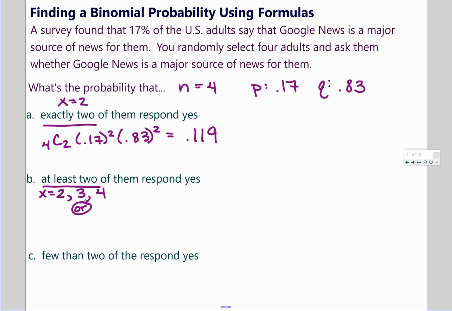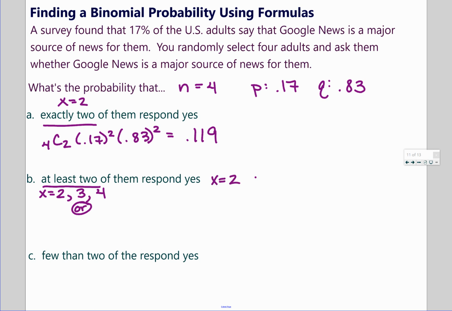Or is when you add them together. Yes. So that's what we're going to do. We're going to do 3 separate probabilities with our binomial formula, and then we're going to add all 3 of these together because we're looking for there's 2 successes or 3 successes or 4 successes. All right, so the first one we already have, when x is 2,